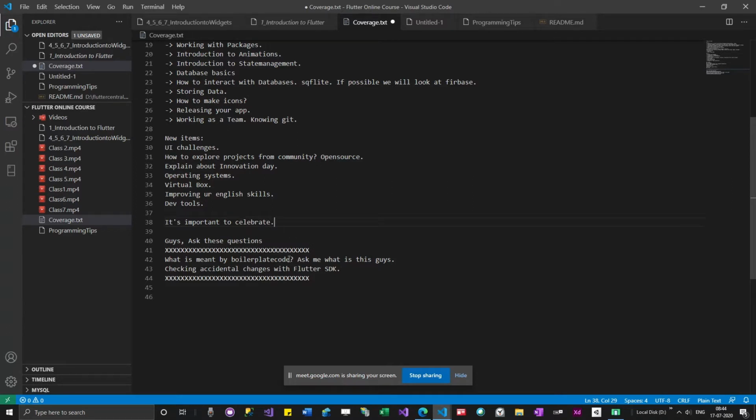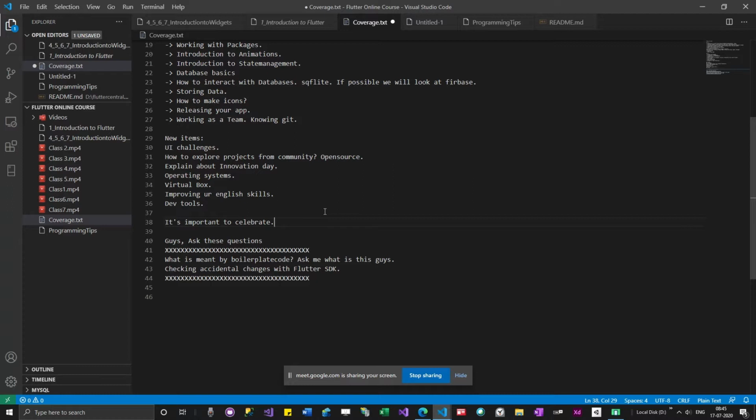Okay, why it is important to celebrate is because when you are coding some stuff, when you take your job or when you are developing some stuff, you need to find some sort of inspiration. Often we fail to find inspiration to do our work. That's why we always leave things. Okay, so let's explore it later, or let's do it later kind of thing.